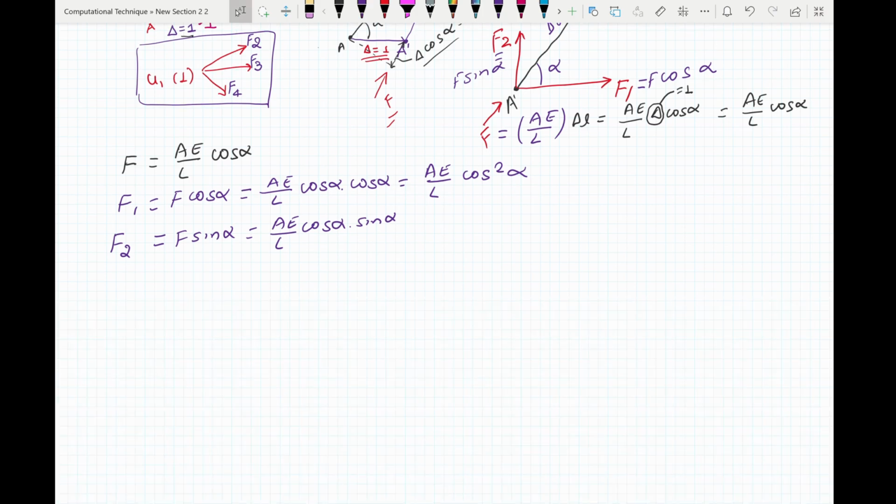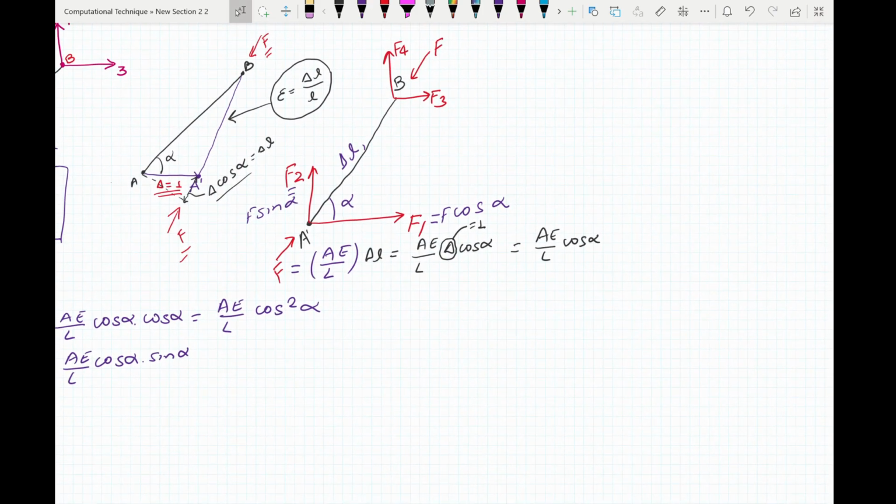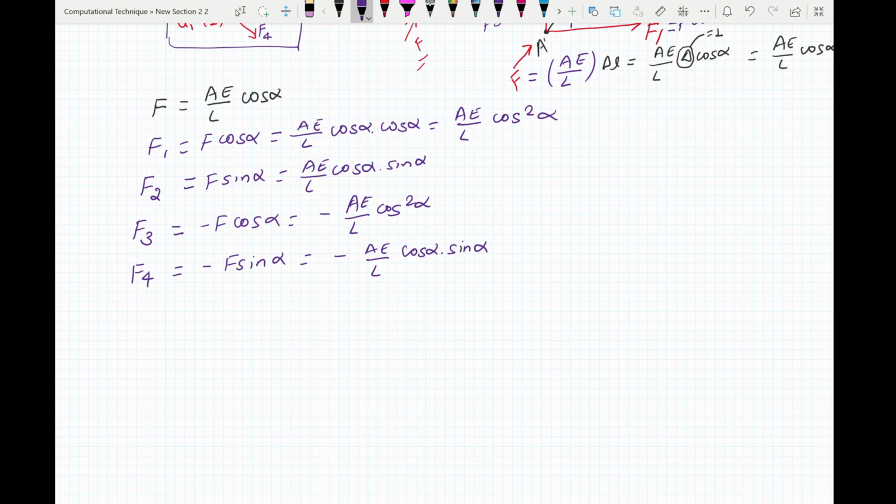Again, if you are looking into F3, you'll see here that this force is acting downwards in this angle. Therefore, it will have its components in this direction and this direction. Now this is opposite to this one. Therefore, this will be minus F cos alpha, and this will be equal to minus F sine alpha. So this is due to displacement of u1